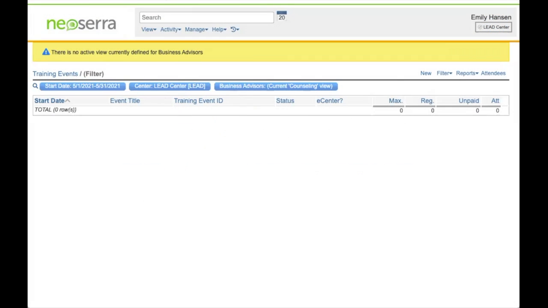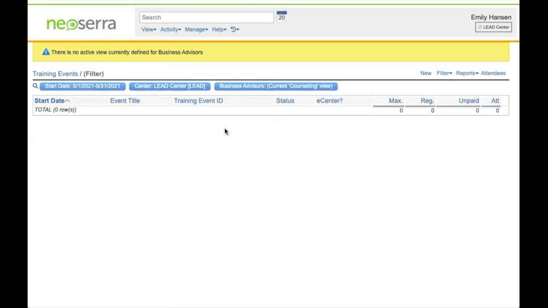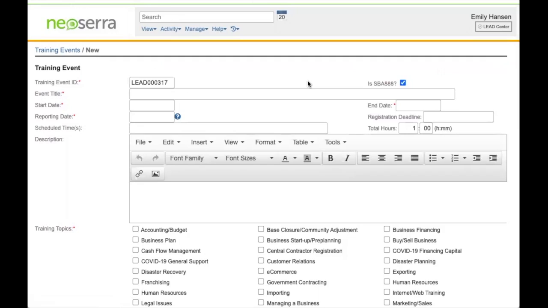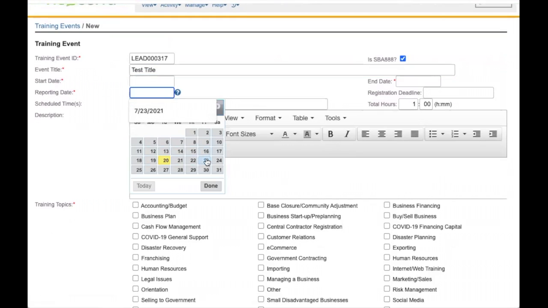To make a training event, we're going to go into View, then down to Training Events. And now we are on the Training Events section of Neosera. From there, we're going to select New in the right-hand corner. And now we are on my new training event page. I'm going to put a title, a start date,